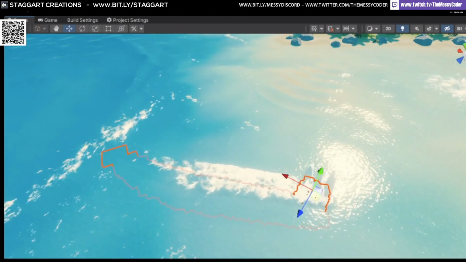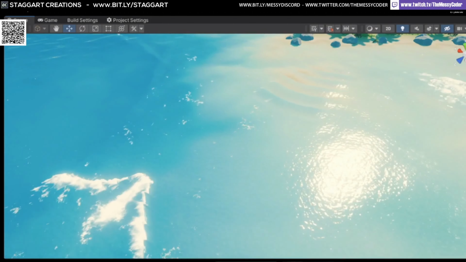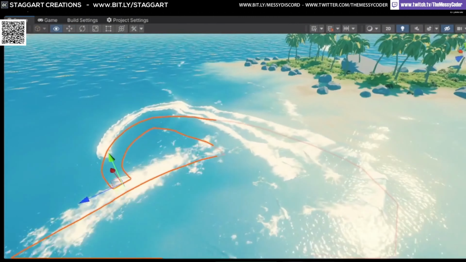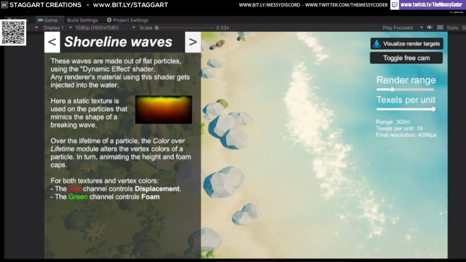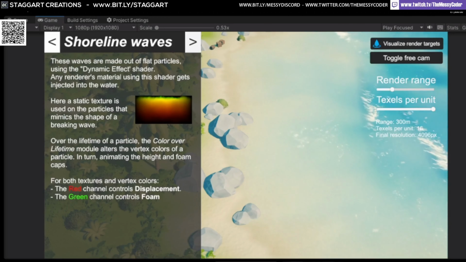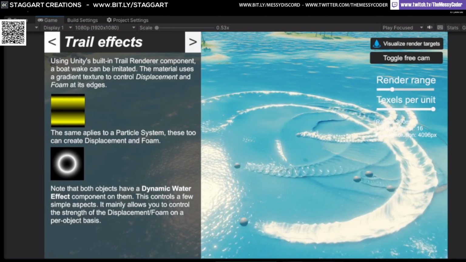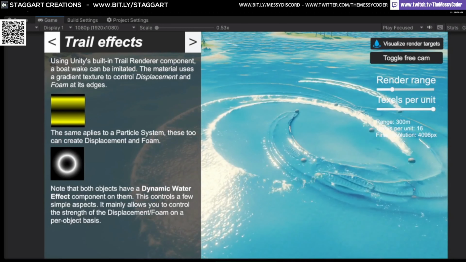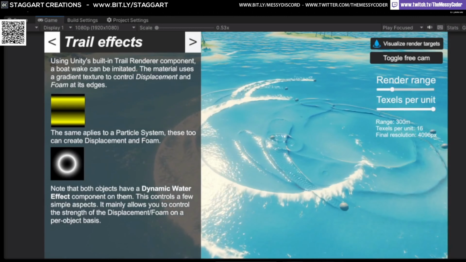I will say maybe it was worthwhile you making the new water too then. The yet another water shader. What water shader? I'd say, okay, I now accept the fact that yet another water shader was a good thing. Because there's so many water shaders on the asset store. We don't need yet another water shader. But within the first 5 minutes, you may have sold me. Oh, good. Well, I'm glad to hear that.